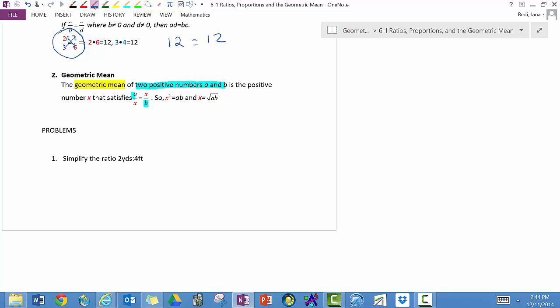It says simplify the ratio 2 yards to 4 feet. Before you do anything, you must have both the numbers in the same unit. So what you need to do is use a conversion factor to convert yards to feet. You could do it the other way around too. And what we'll do is we want the ratio of 2 yards to 4 feet. So 2 yards over 4 feet equals 2 yards